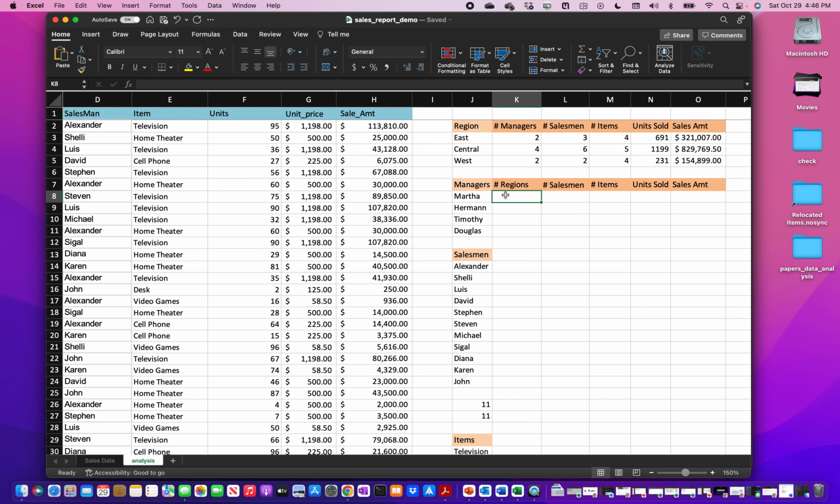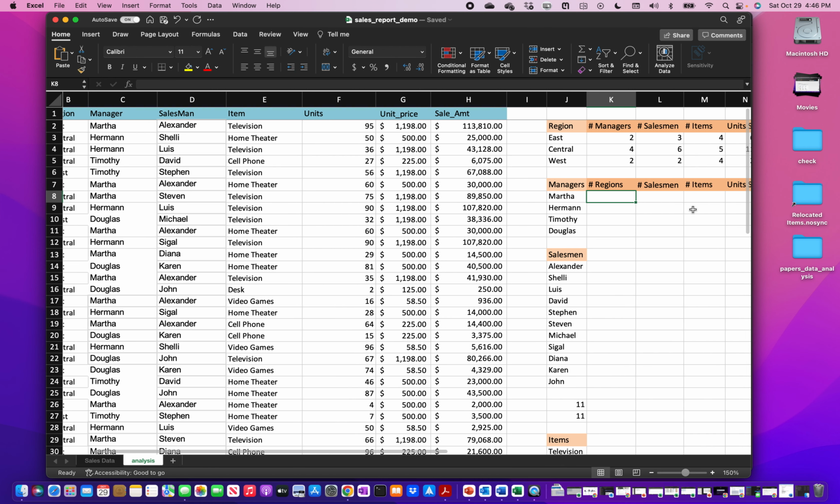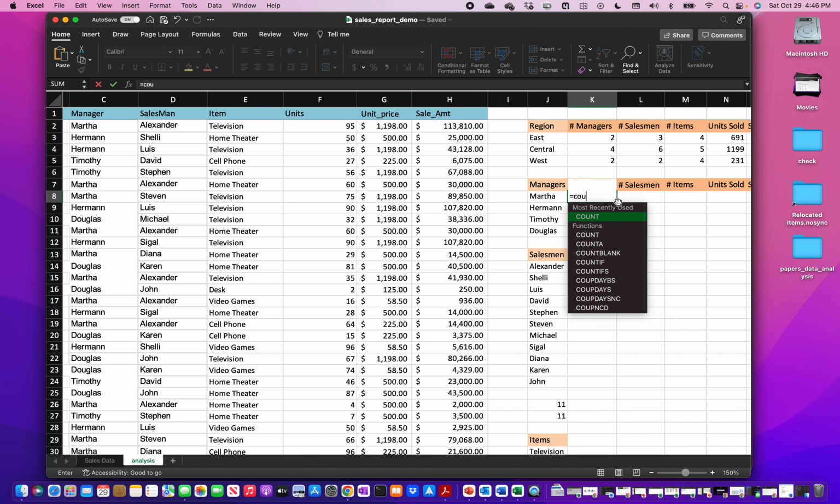So in order to find out in how many regions each manager is working, we would have to filter out the records where Martha is the manager. So once we filter out, then we'll have to get the region for the corresponding manager, and once we have the region list, then we have to take only unique entries because as we have seen, we can have duplicate entries. Once we have the unique entries, then we will use COUNTA to get the count of the unique entries. Okay, so COUNTA, unique,